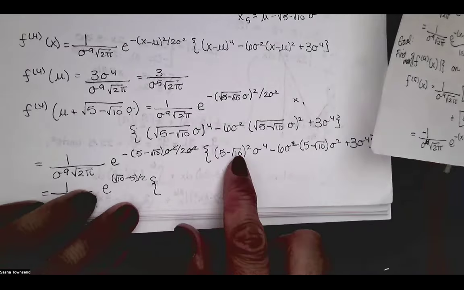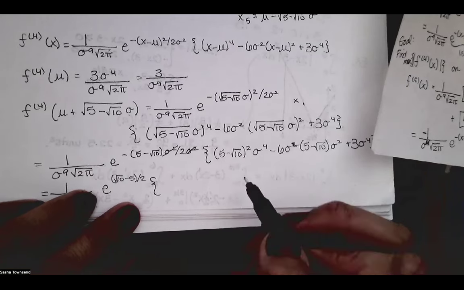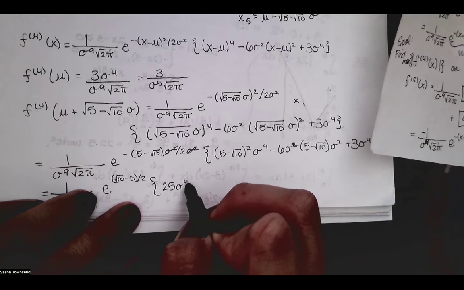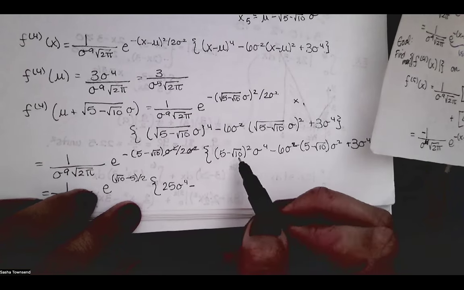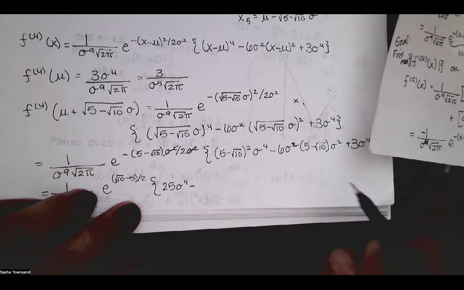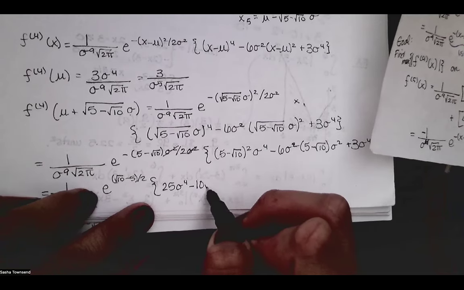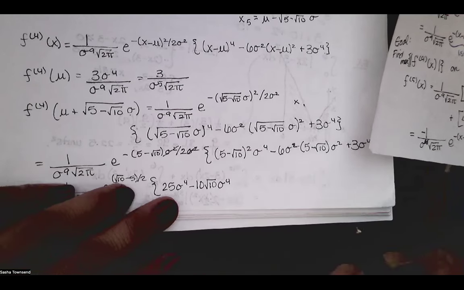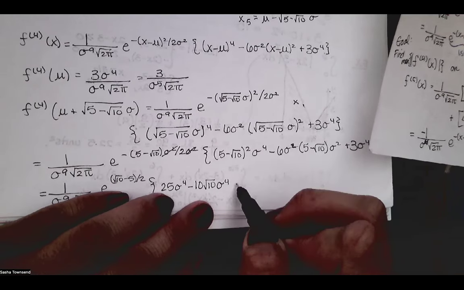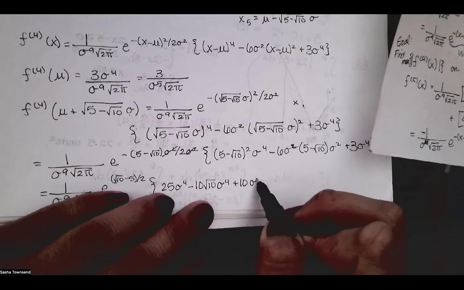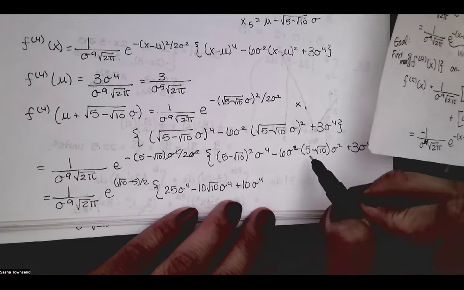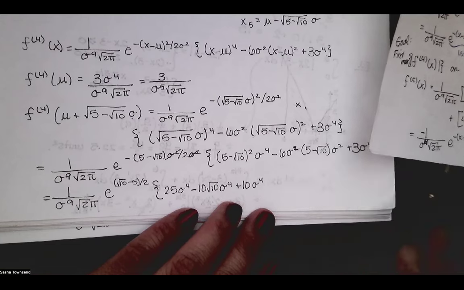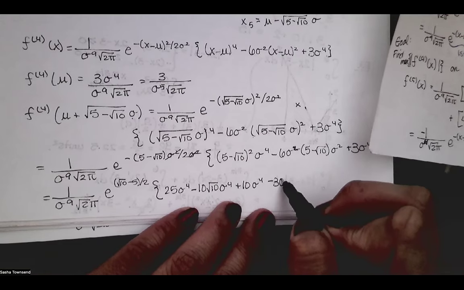Now, if I square this, I'm going to have a 25 times sigma to the 4th minus 2 times 5 times the square root of 10. So it's going to be minus 10 root 10 times sigma to the 4th. And then the square root of 10 squared is going to give me a 10 sigma to the 4th. And then here, if we distribute that negative 6 sigma squared times sigma squared to that 5, we're going to end up with a negative 30 sigma to the 4th